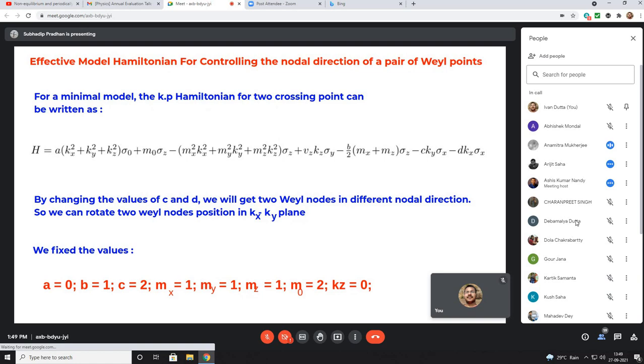I'm just wondering, people usually do a k dot p Hamiltonian for materials, to see whether the symmetry of the material is preserved in the k dot p Hamiltonian. Whether I can derive that Hamiltonian and fit it. Derivation might be a long process, but at least the prefactors, if one can fix them to some extent from the DFT, that will be a nice thing because then there is some connection. Yeah, that is another point. Maybe he will do this later also.